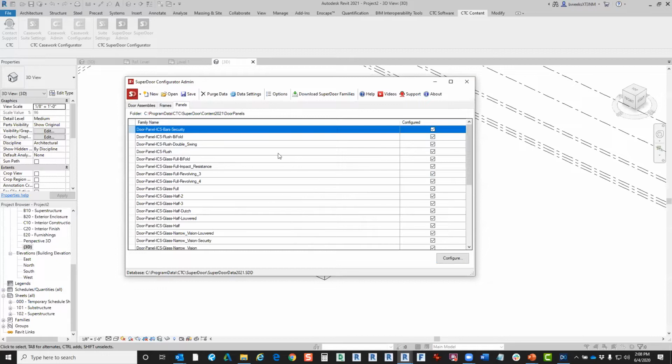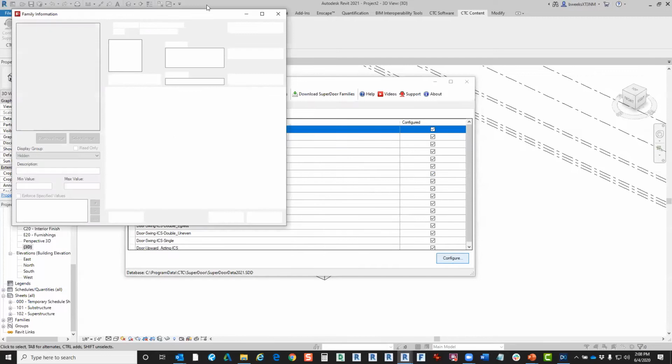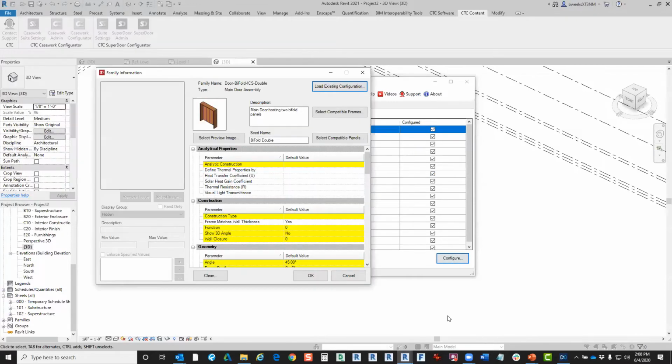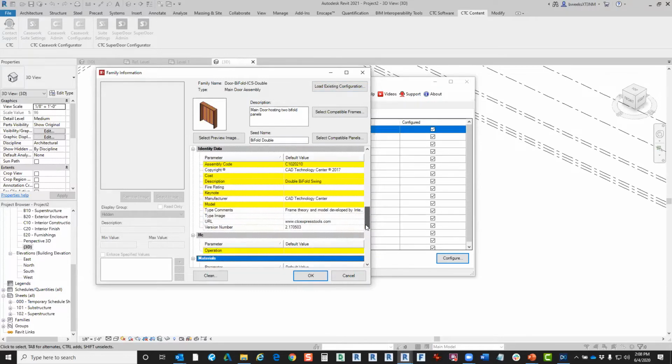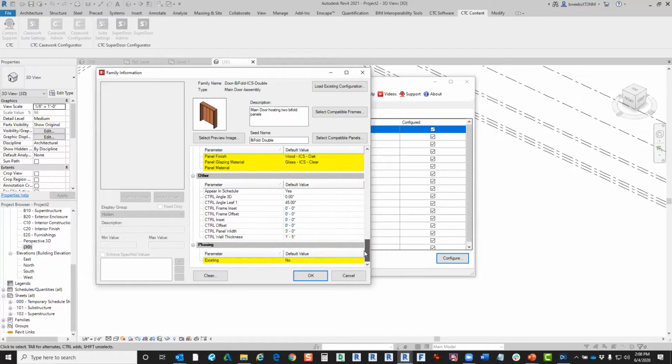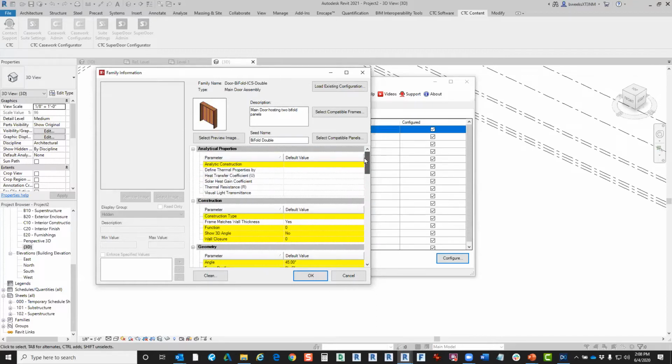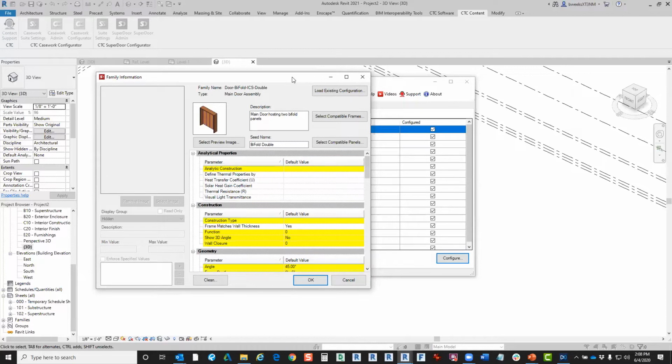Through the configurator admin, you can actually modify and look at each individual family, and it will give you the properties, the construction types, and geometries of the base family model. So if you need to modify any of these parameters according to your company's standards, then when your company employees start using this on a regular basis, they can download